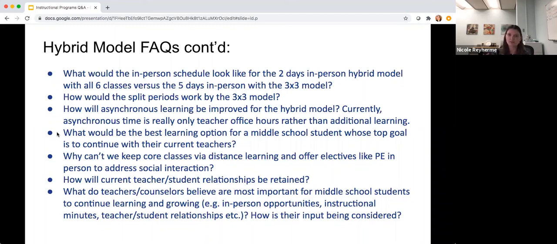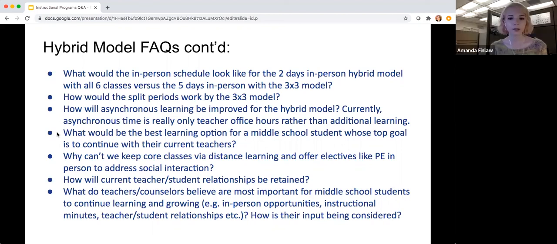And so we will need to revamp a little bit how those look and make sure that we are providing a lot of the instructional pieces that students can do, much like a flipped classroom kind of model, where students at home can maybe watch a recorded lesson or lecture and then do some assignments with it.